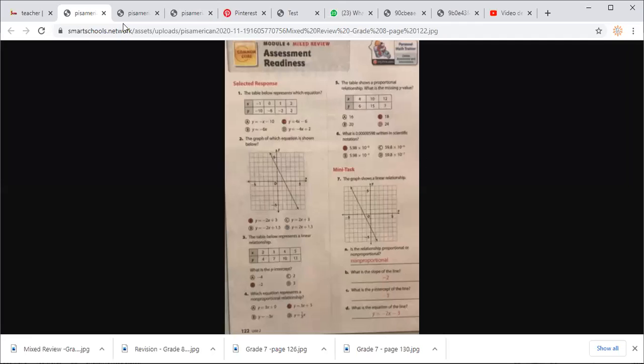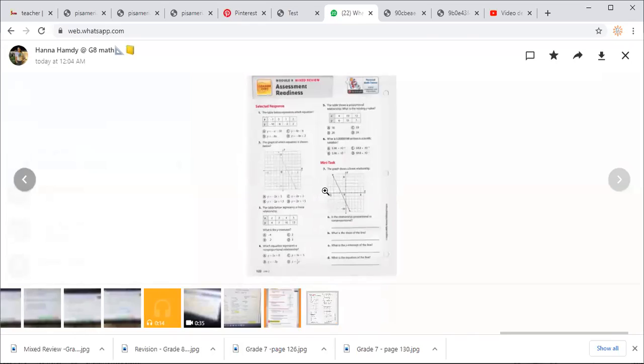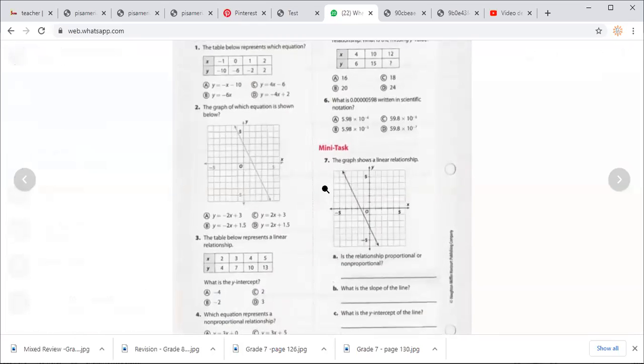This is the sheet, in case anyone has a problem finding it. So this will be your homework: to do the mixed review about chapter 4. You will find it in your book, page 122. So please print